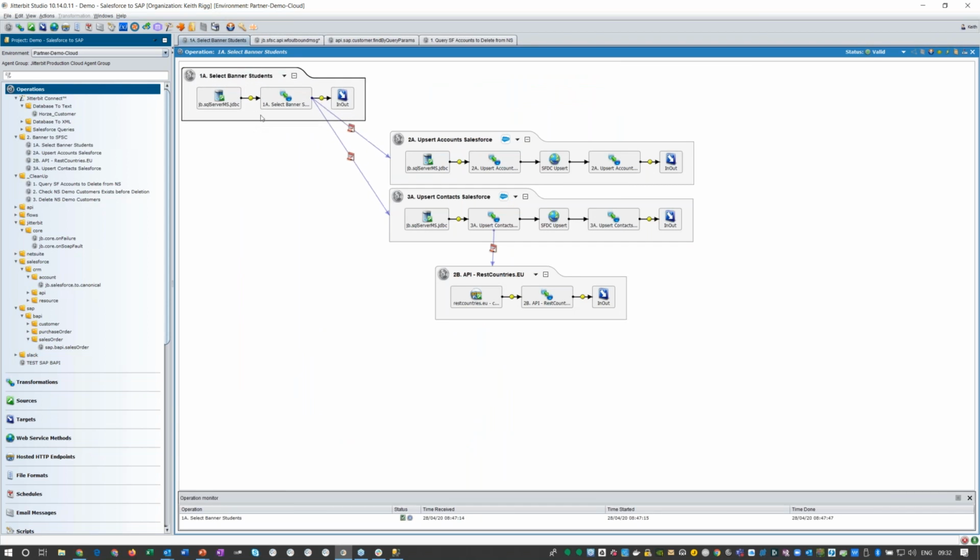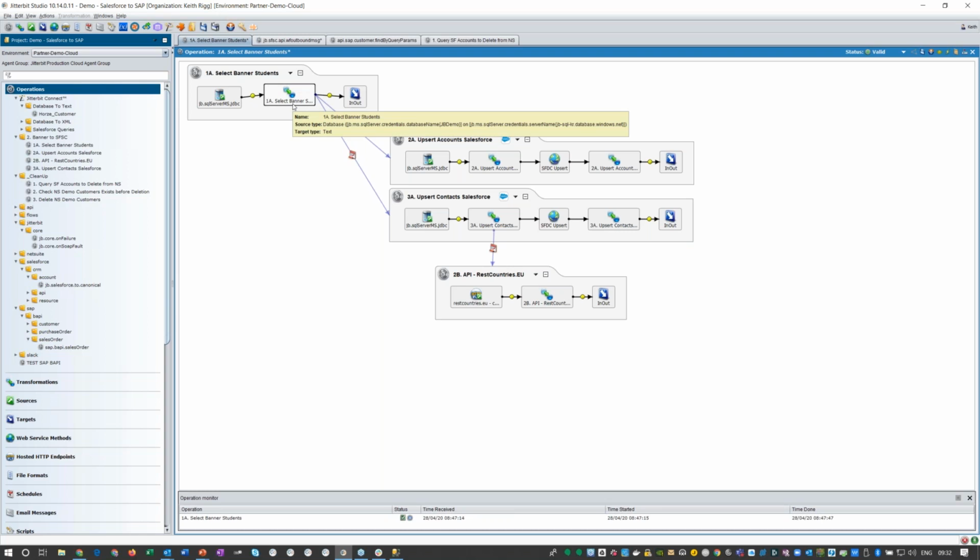So an operation in its basic form is this item I'm wiggling around in the top left-hand corner at the moment. In its most basic form, it's made up of a source, a target, and most often a transformation. And it's nearly always a transformation because in most circumstances, you want to be able to transform the format or the payload from one form to another. In this case, I'm going from SQL to an in-memory store, and then I'm going into Salesforce. But it could be XML to JSON or vice versa. It could be EDI formats. It could be database. It could be SAP. We have a lot of connectors and a lot of different formats that we can handle.